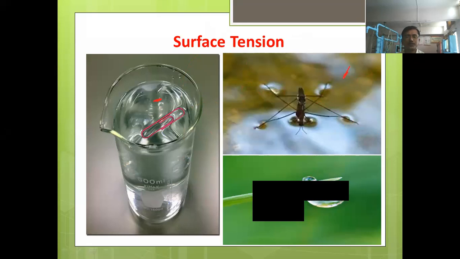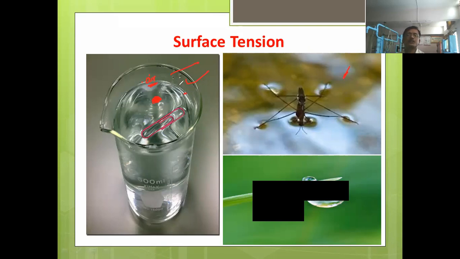coming in contact with either another liquid or with the air. Now, in this particular case, the surface of the liquid or surface of water is coming in contact with atmospheric air. And if you fill the remaining part of the bottle or the beaker with oil, again that same surface may behave like a membrane under tension.